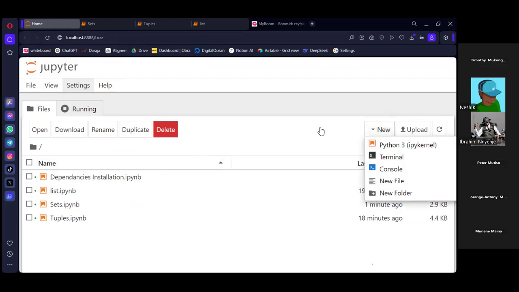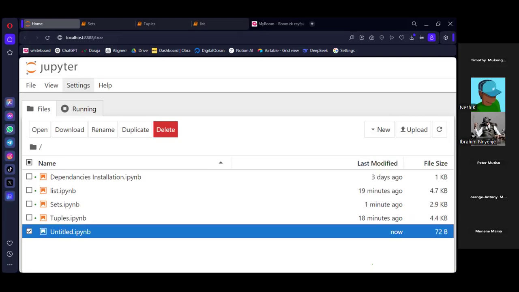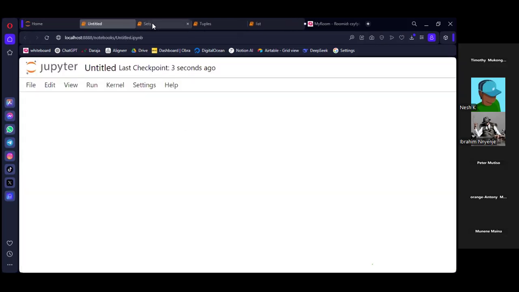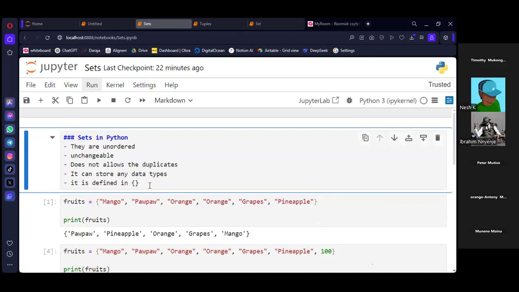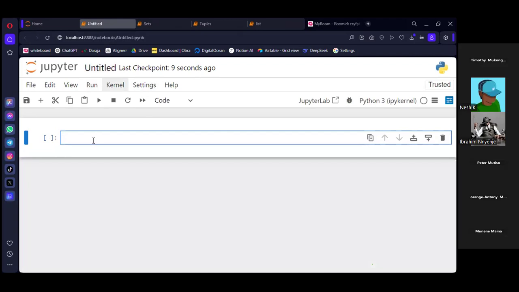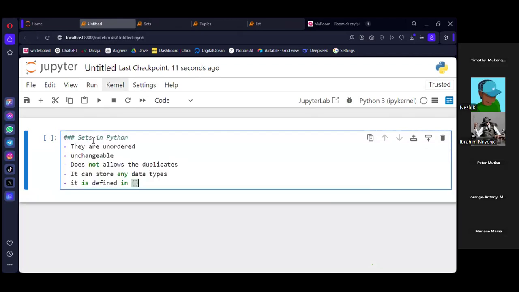So let's talk about the dictionaries quickly. Dictionary is still one of the data types that stores a collection or a sequence of values.